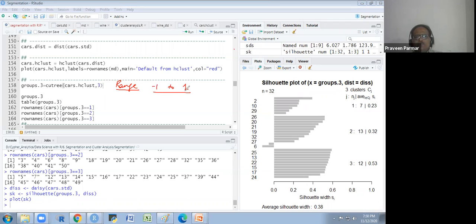In -1 to 1 it may be skewed also. If it is between -0.5 to +0.5, then it is normal. We consider it normal data, a normal distribution. If it is more than 0.5 or less than -0.5, we consider it negatively skewed or positively skewed.